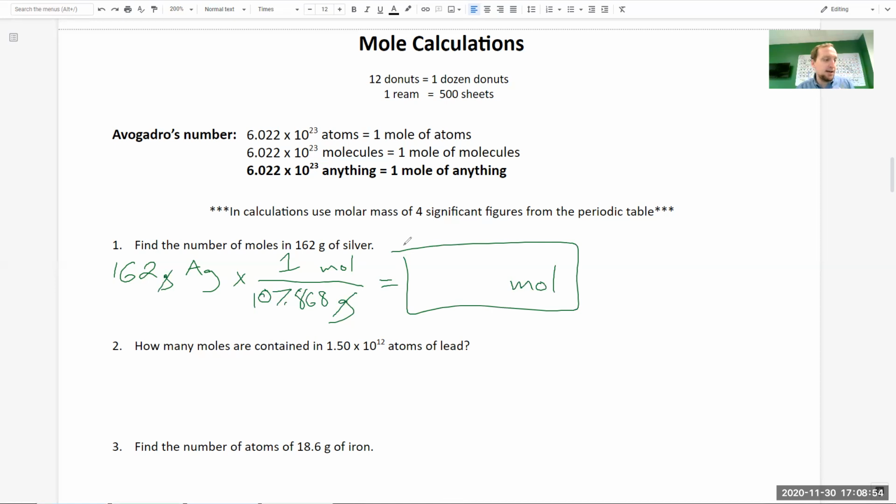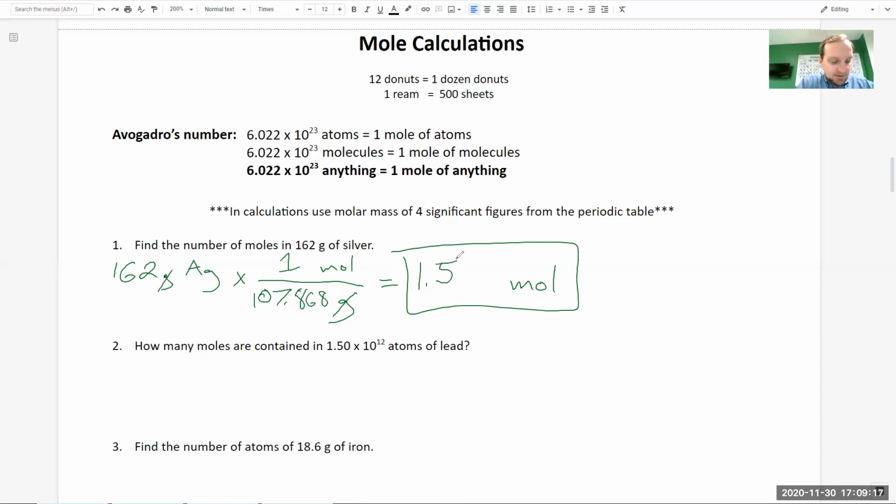All I need to do now is get my calculator. What I'm going to do is do 162 times 1, which yes, I know is redundant, and I don't need to do that, but let me just go ahead and say it because I'm going to multiply the numbers on the top, and then I'm going to divide it by the number on the bottom, which is 107.868. And my final answer is